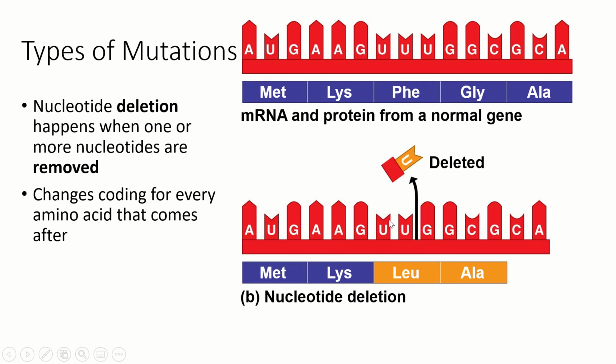All right. A deletion is literally where one nucleotide gets deleted. And the problem with this is that, remember, codons are 3 letters, and there's no placeholder to say there used to be a nucleotide here. So every letter of all the words after this mutation shifts to the left. So instead of the codon being UUU, the codon is now UUG. And the next one, instead of being GGC, is now GCG. So it's going to affect all the amino acids from that point on,